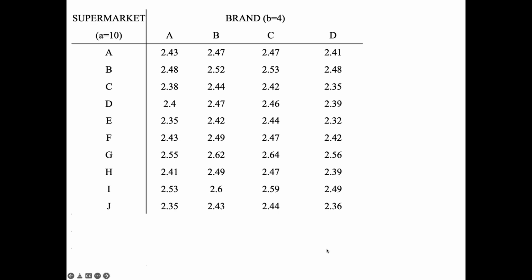For brand A, in supermarket A, you have a sample size of 1. For brand B, in supermarket A, you have a sample size of 1. There is a sample size to weight by, but that sample size is 1, so there's no point in even putting it into the equation. So how do we do this? Well, for this particular example,